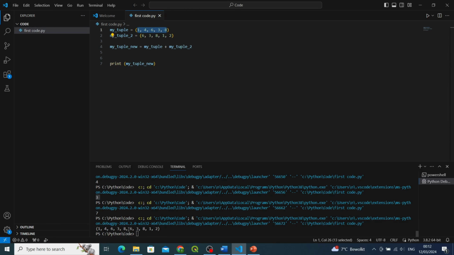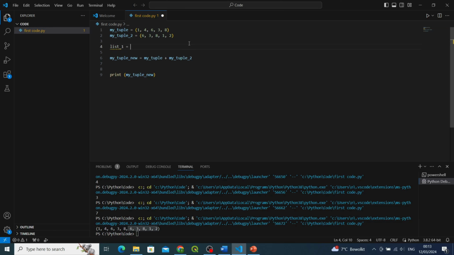14638, then 63812 in the same order. Again, tuples are also ordered collections, so they do not change the order. And now we can also look at the concatenation for lists. So if I say list 1, or let's say list 1 is equal to